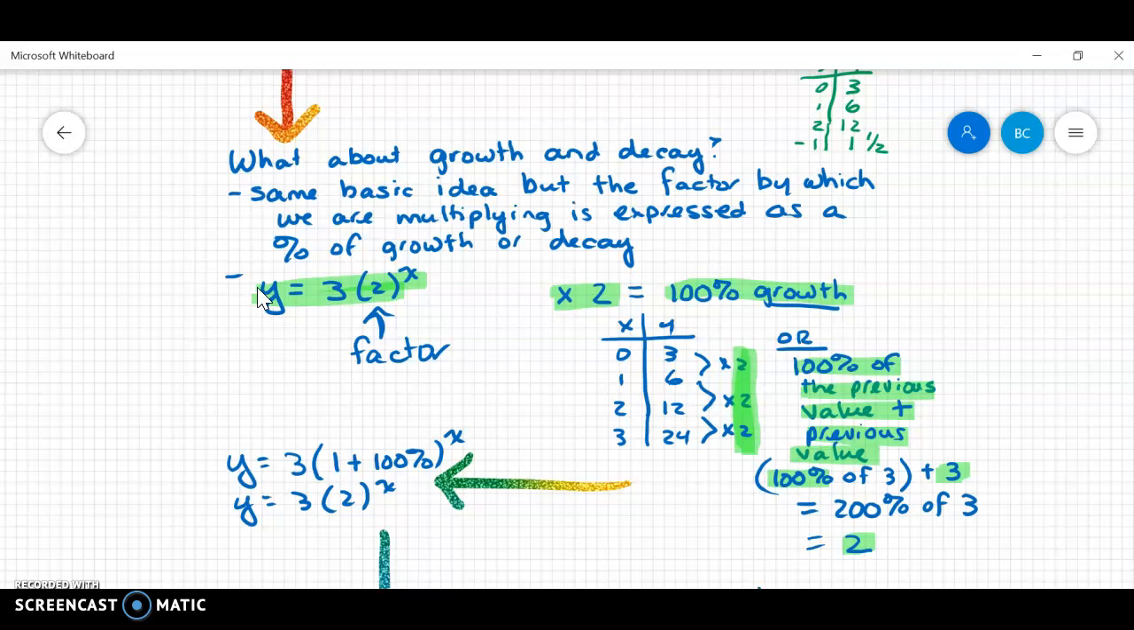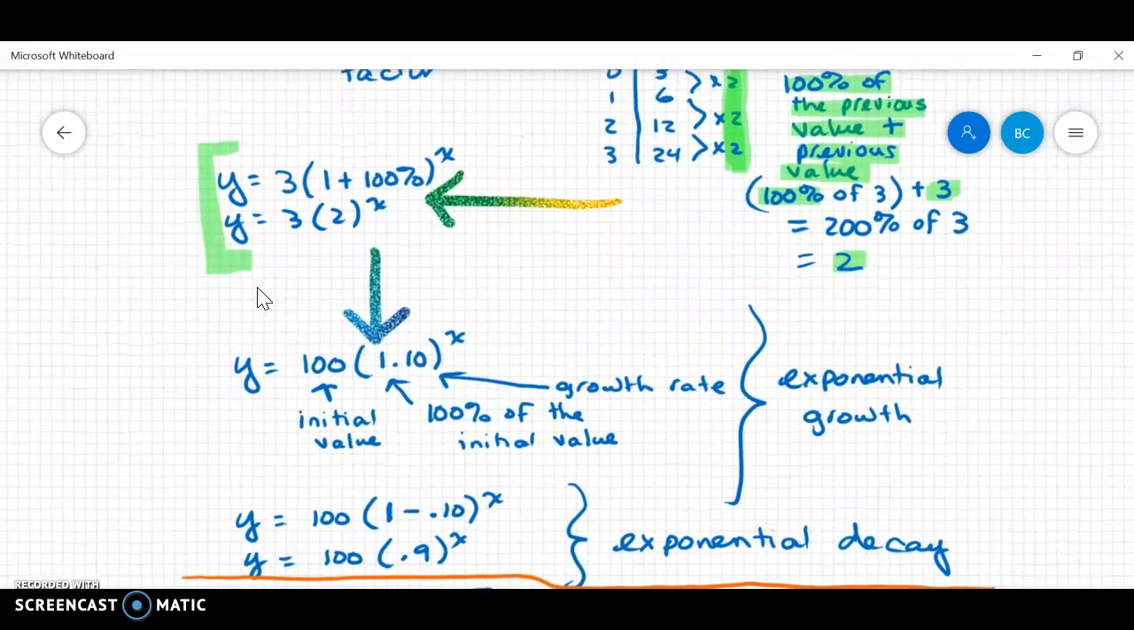So I'm going to come back over here to this part. I can write it as my beginning value of 3 times 1 plus 100% of itself, and then raising that to the x power. That 1 plus 100% is simply 2. Just another way of writing that factor. So this example is pretty easy because I'm using 100%, but let's look at another example